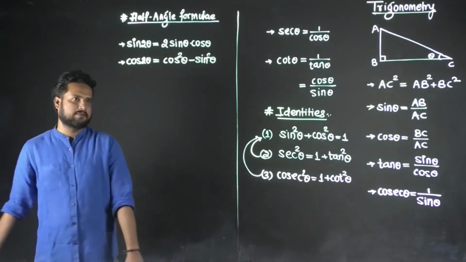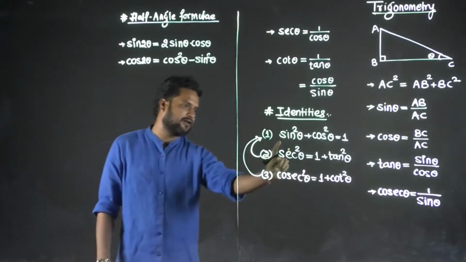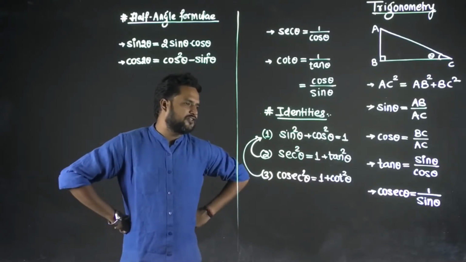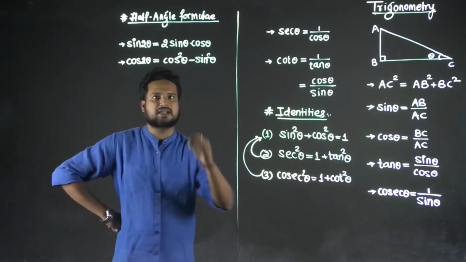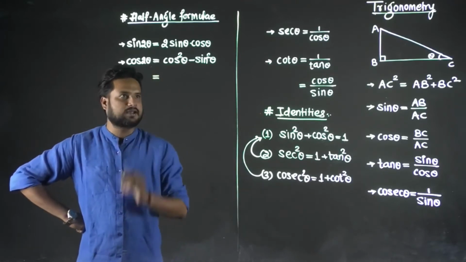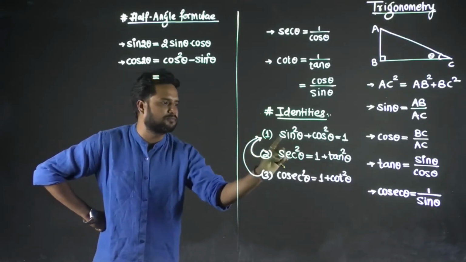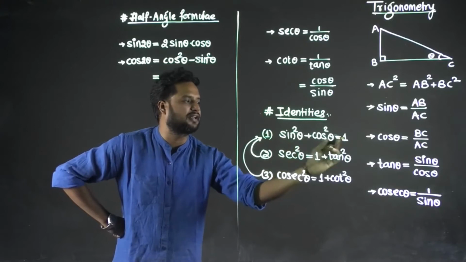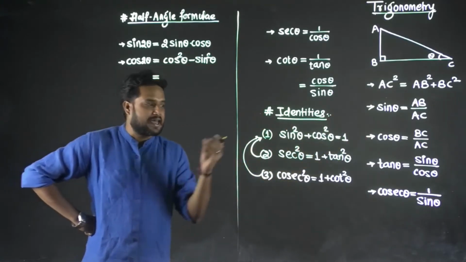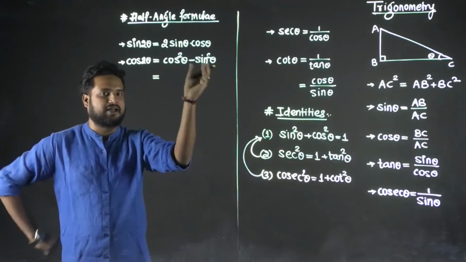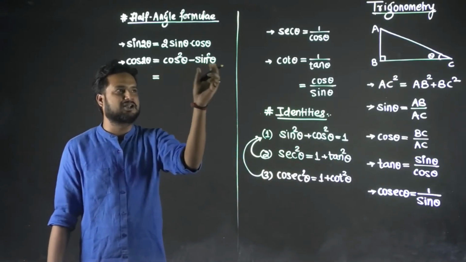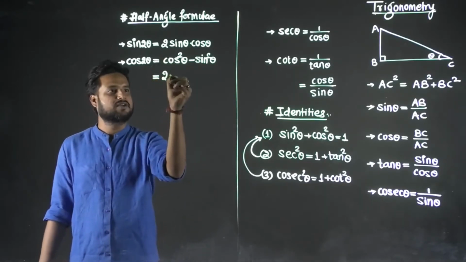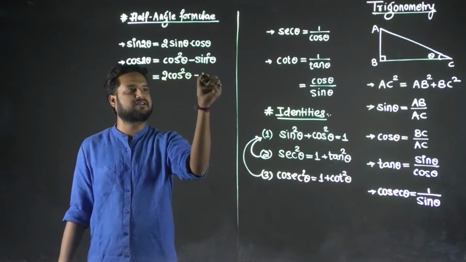Now I recall something. See, I have a standard identity which says sine square plus cos square is 1. Can I make use of this to get something over here? Yes, I can create one more formula. Now just think. Suppose I consider this sine square from this particular identity. Sine square can be written as 1 minus cos square. And if I consider that term over here, it will become cos square minus, in bracket, 1 minus cos square. If you open that bracket, you will get this equation: 2 cos square theta minus 1.